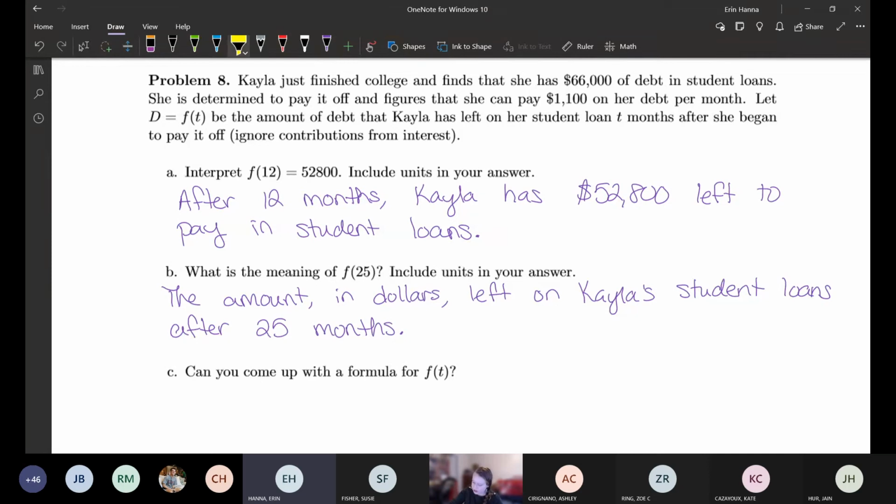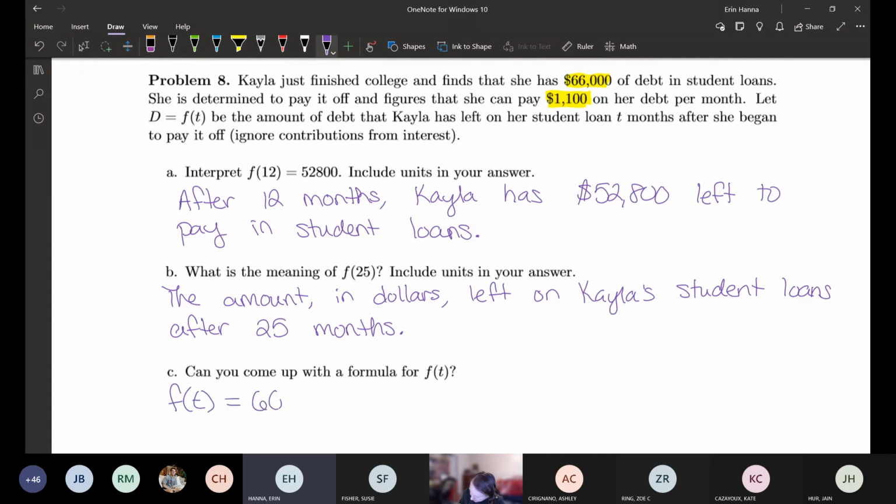Can we come up with a formula for this actual function? Well, notice that in the beginning statement of the problem, we know the original value that she starts with, and then we know that she's paying off $1,100 a month. And remember that T would essentially be months. If we're starting at 66,000 and we're paying off 1,100 each and every month, that's essentially that same amount every month. So essentially we can say that this function,